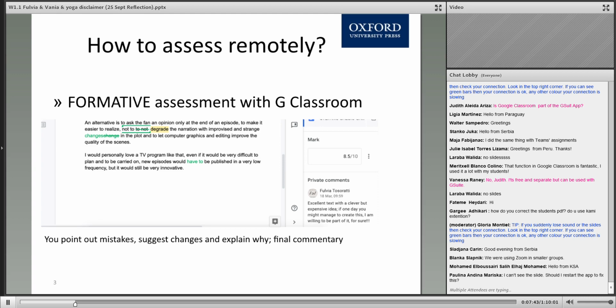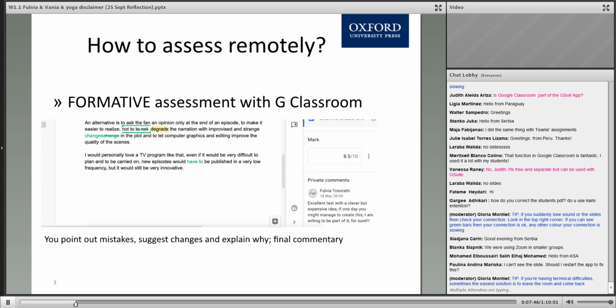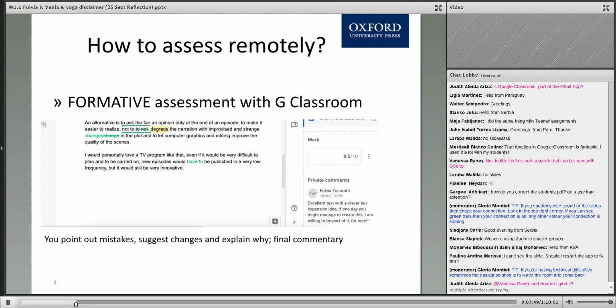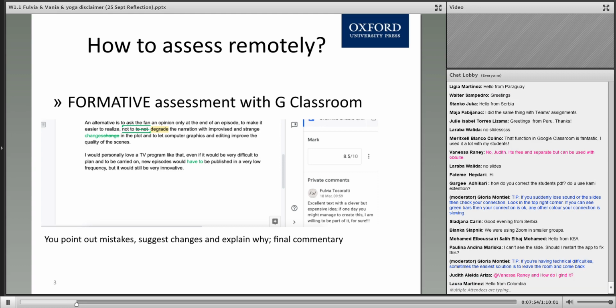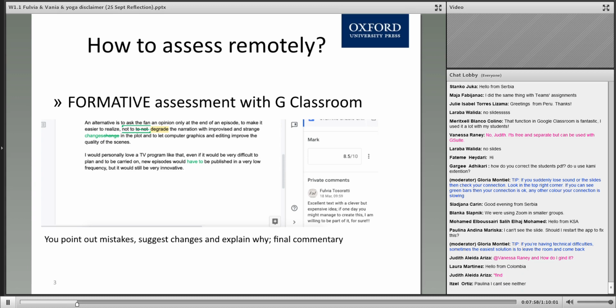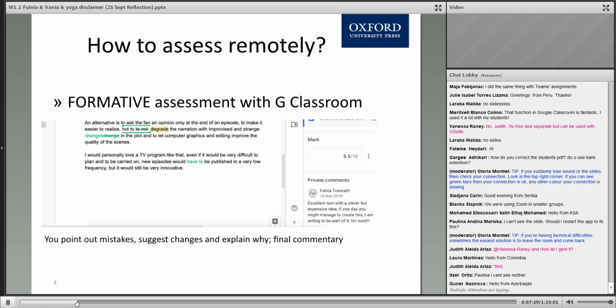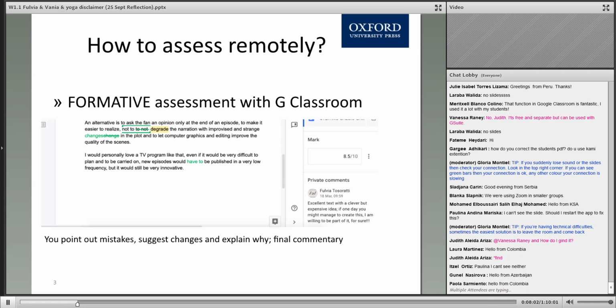Of course, it is time-consuming. I think my eyes still remember all those writings I had to correct in this way, especially if you have many students and if you are given more than one task every month. So this was quite effective but time-consuming.